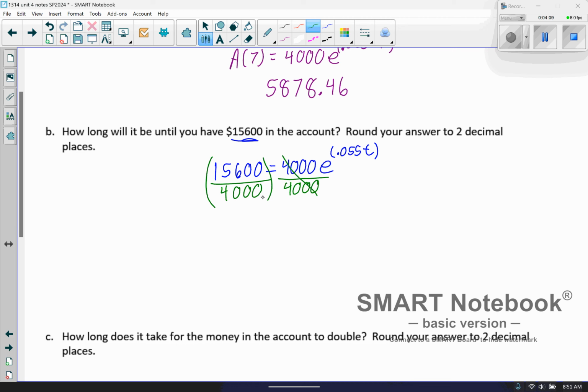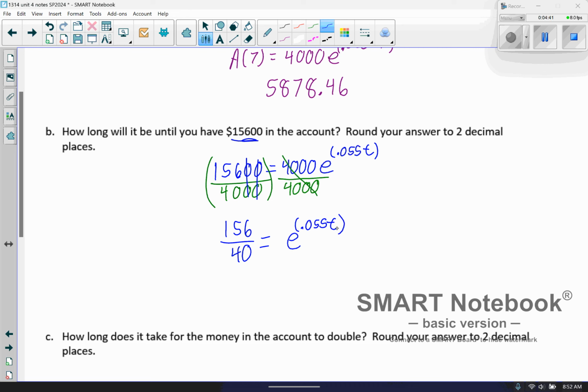Now this right here, you can simplify it or not because the calculator is going to be helping us in a moment. But I might as well cut off any of these extra zeros you have right here. This does reduce more, and if you want to reduce it, that's fine. I'm just going to put it as 156 over 40 in case I make an error in reducing that. I'm just going to leave it like that for now. And then I'm going to leave a little space here, and you'll see why. And then I'm going to have e to the power of